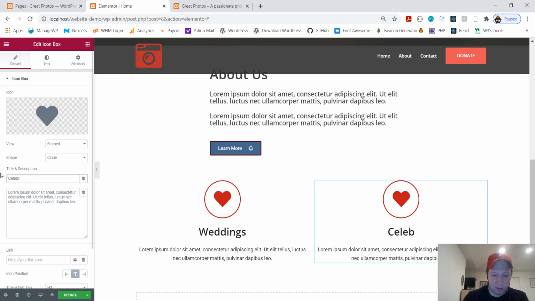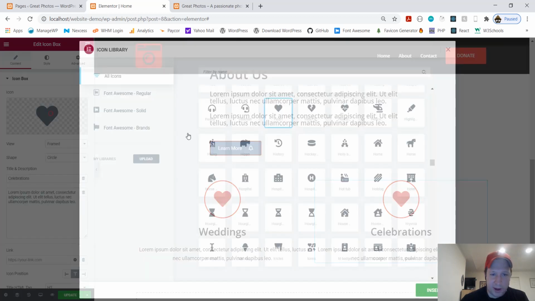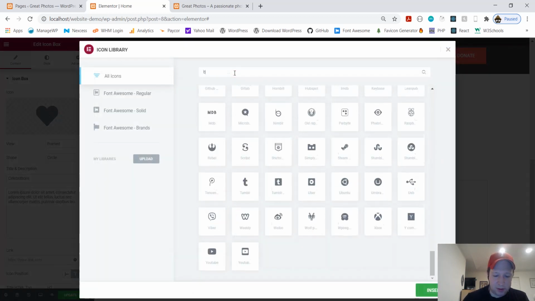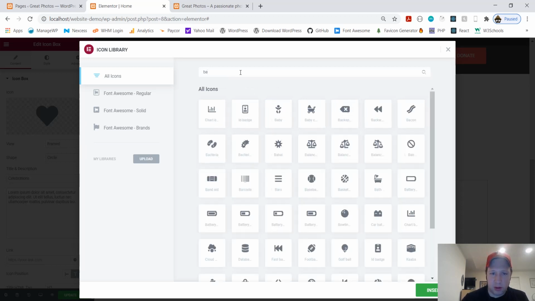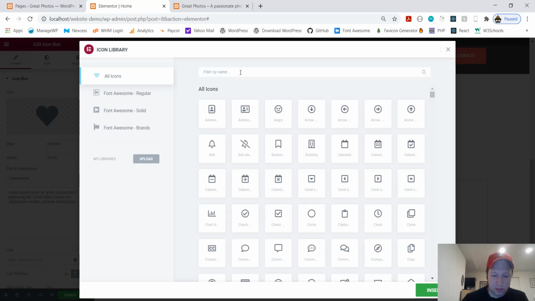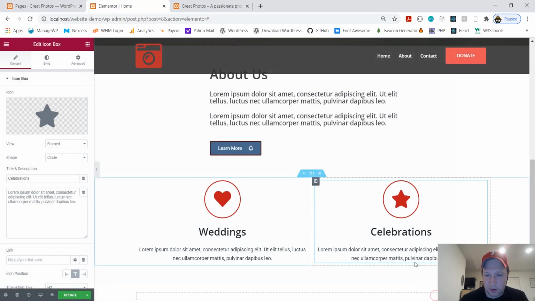We're going to say celebrations. Whoops, celebrations. And by the way, if you spell something wrong, this also has spell check. Gives you that little right click. Let's see. Balloon. I don't know if this has a balloon. Star. Sure. That's a celebration, right? And then to get it again, duplicate.